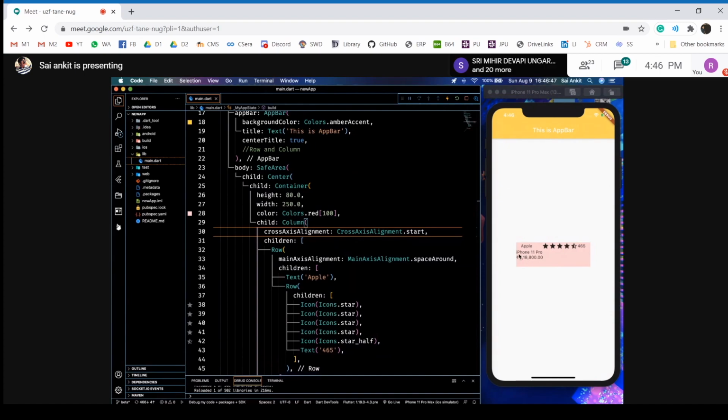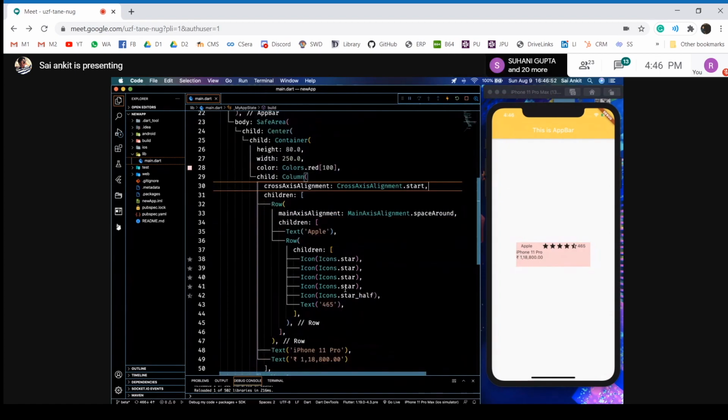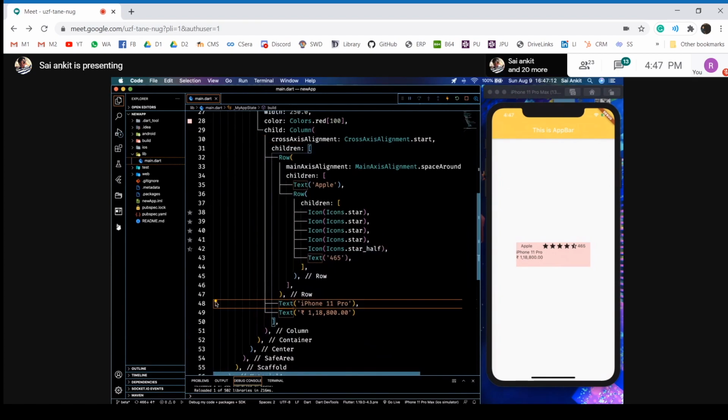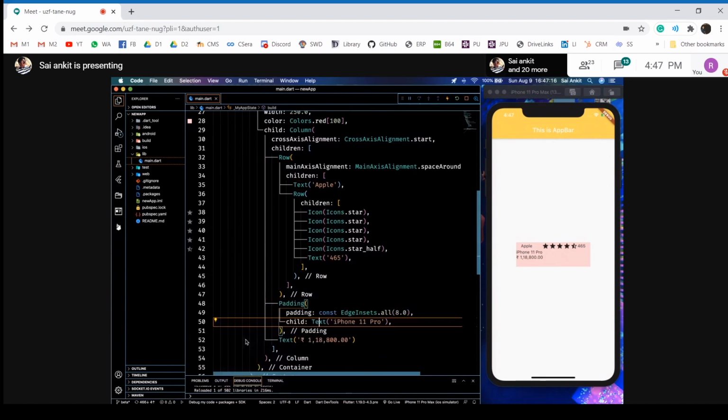So what do you do if you want some space at the ends? As I've said, there's this widget called padding, which allows you to put some border size. So you want iPhone 11 Pro to have some space from the left. You hover on the text, wait for this button to come, select it, and type in wrap with padding.